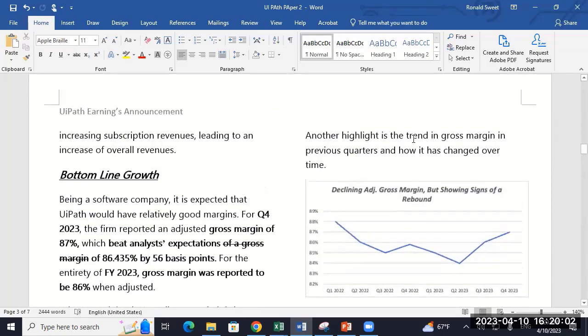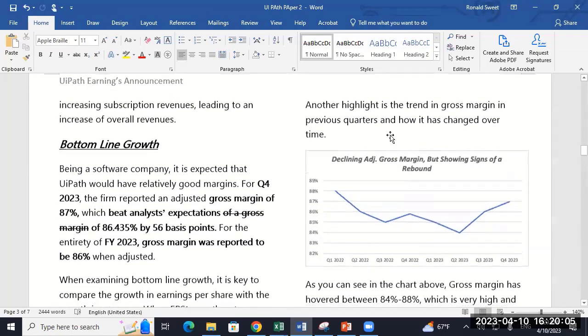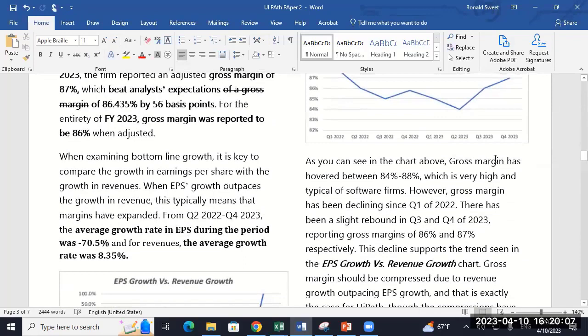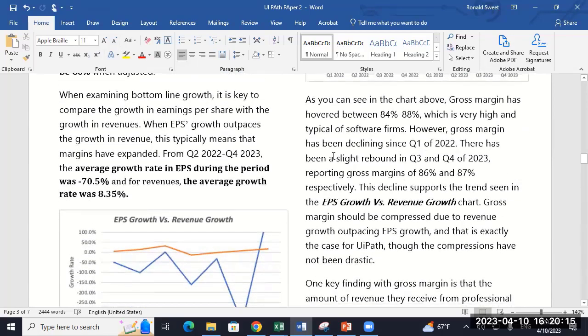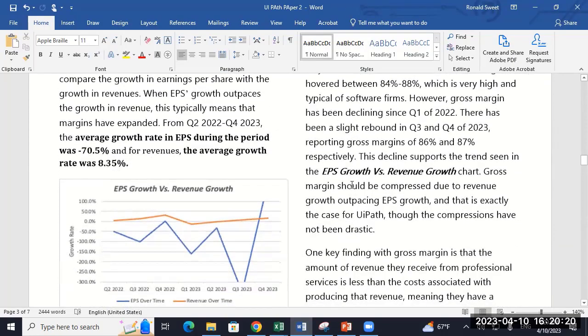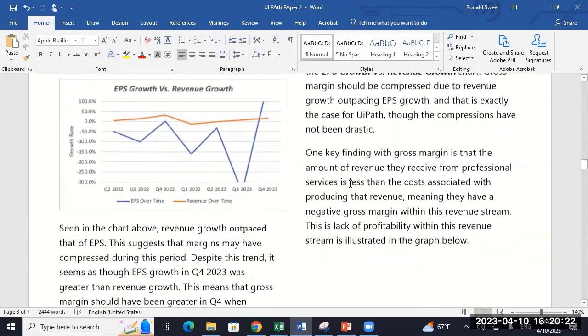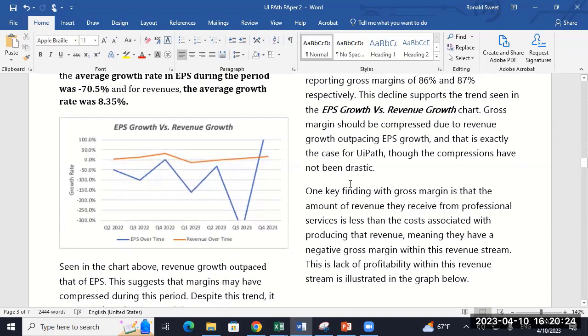Another highlight is the trend in gross margin in previous quarters and how it's changed over time. Gross margin has hovered between 84 and 88, which is very high. However, gross margin has declined since quarter one. There has been a slight rebound. So he's kind of talking the graph here. Yeah, he keeps talking about gross margin here, so I'm not real sure why he keeps going back because